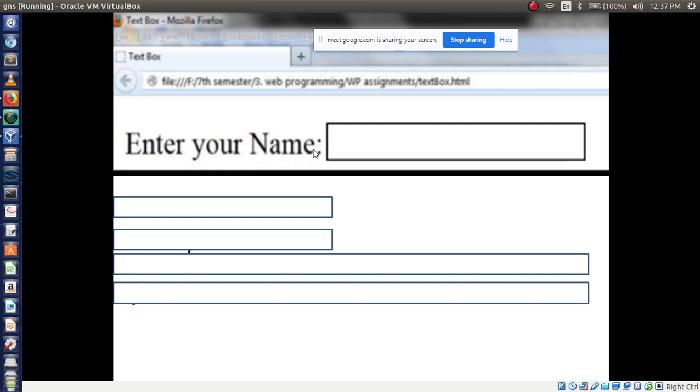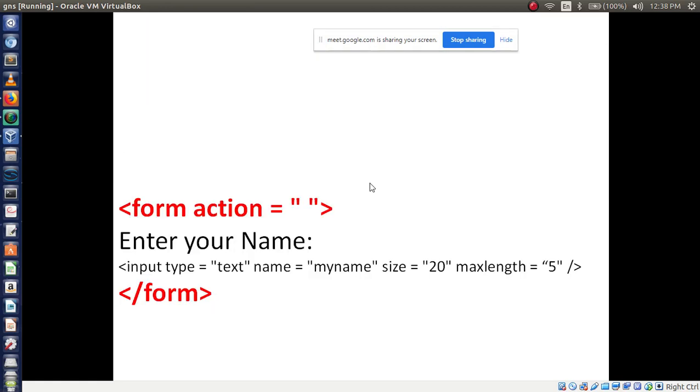Say yes or no. A text box is a control. Okay. To use controls, which tag do we have to use first? Form tag. So the first tag we have to use is the form tag.